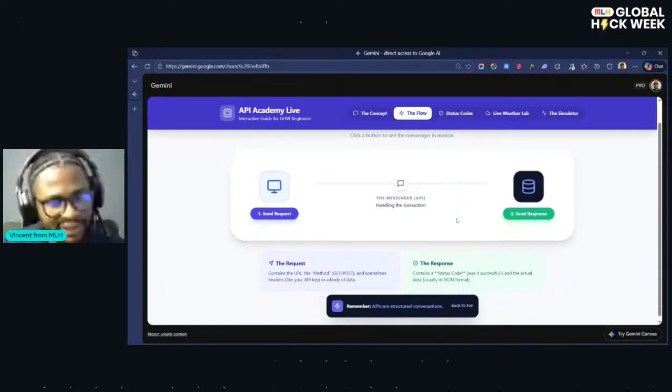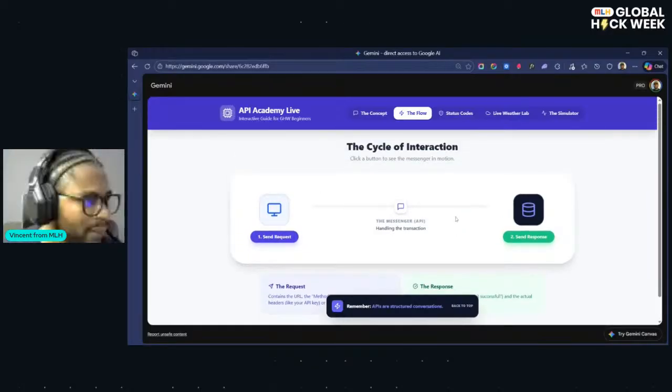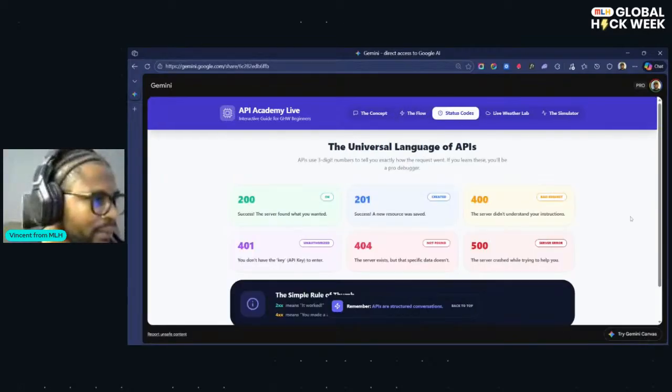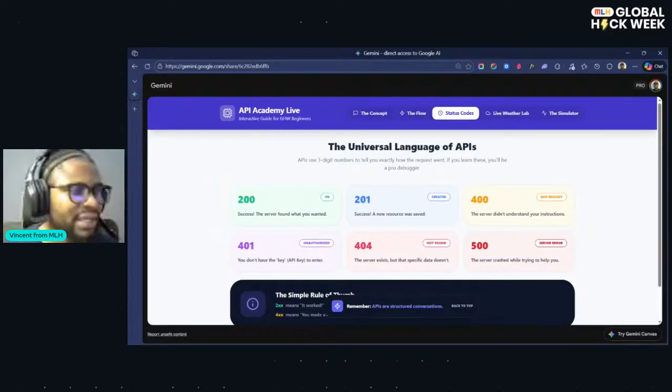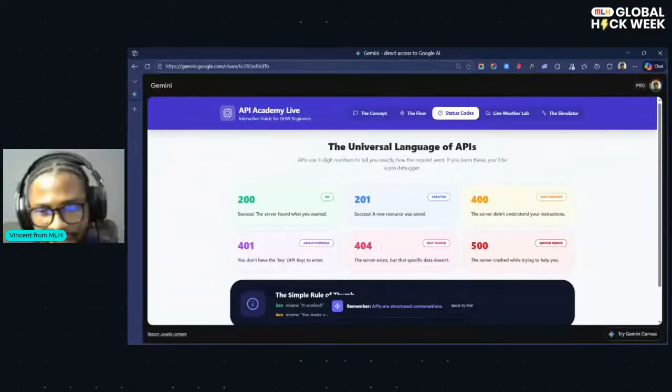All right. So that's simply the flow, or the cycle, of interaction when it comes to API. Now, this is an important aspect of API, something we call the universal language of API, the status codes. You must have come across this. Sometimes you visit an application and you're having a 501 error message or 500 error message or 404. I think 404 is very popular, not fun. Error message. These are all status codes. These are literally how the machines read what is wrong, right?